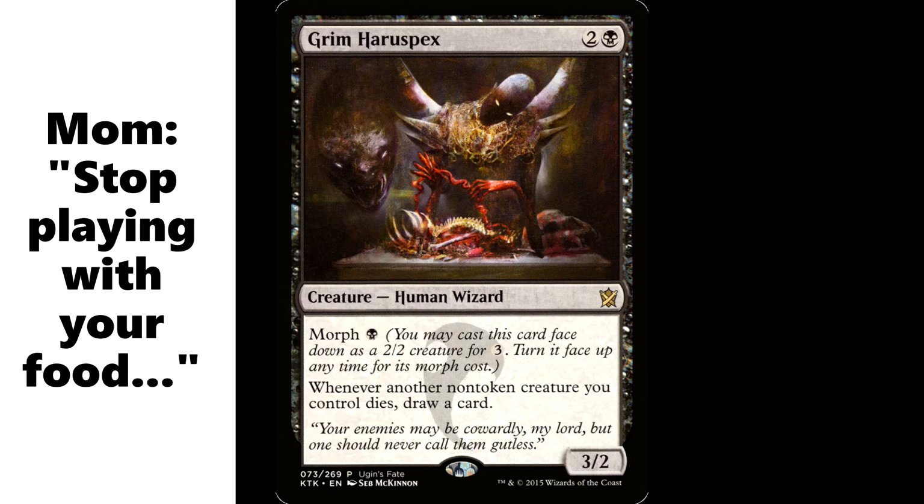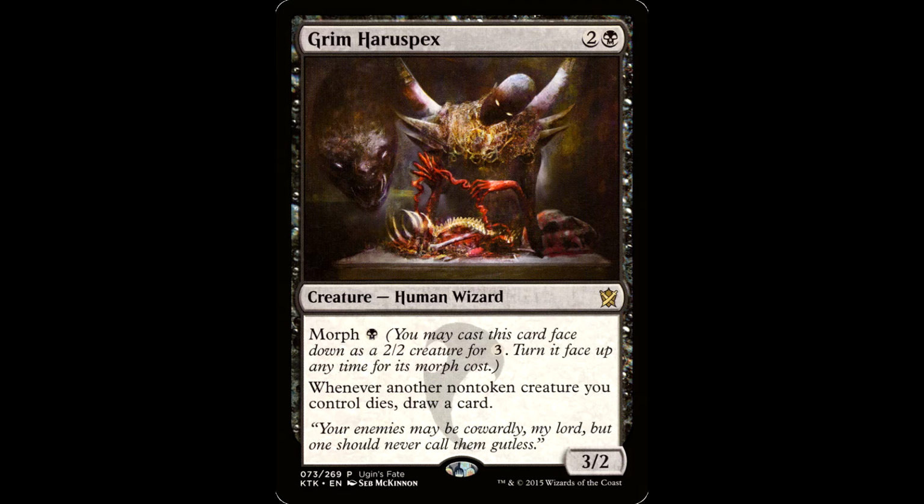Grim Haruspex is 2 and a black for a creature. It's a human wizard 3/2. It has morph, whatever. So whenever a non-token creature you control dies, draw a card. This guy's kind of standing in for a few creatures that draw cards when non-token creatures die. So Midnight Reaper, Harvester of Souls, you just want plenty of these effects. This deck tends to throw a lot of creatures onto the board at once, so it's great to feed the